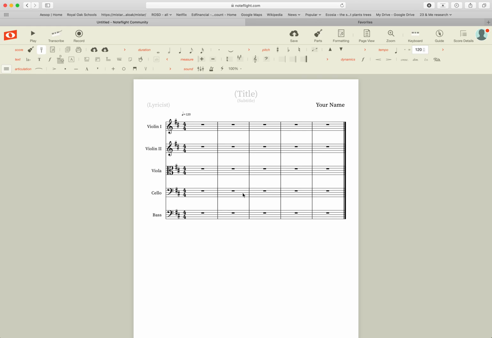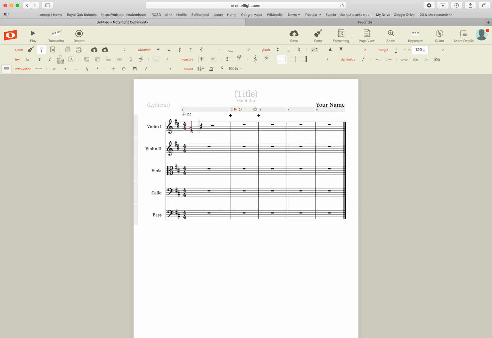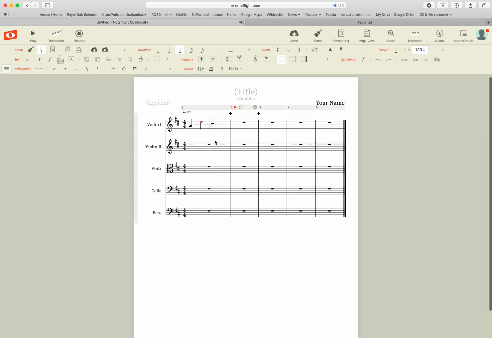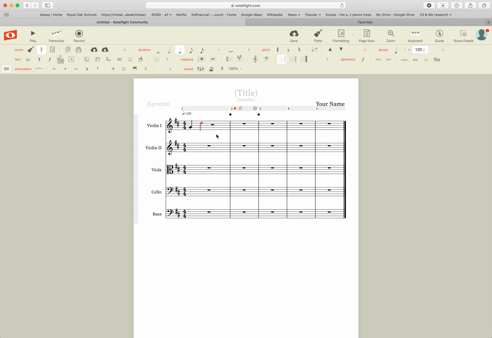So inputting the pitch, you could plug it in with a mouse. Sure, you could say I want a G. I'll tap here and then I'll tap a G. Oh, it goes G. And then I want a D. Let's go with a D. You could do that, and just click, click, click, click. However, the glory of